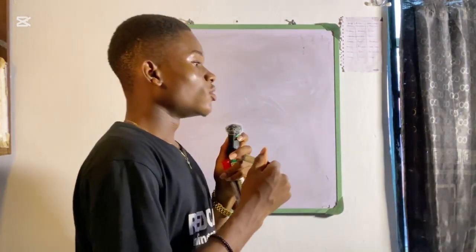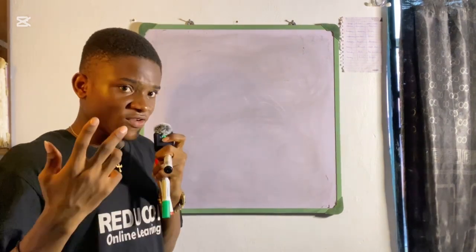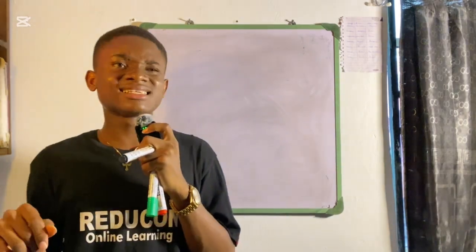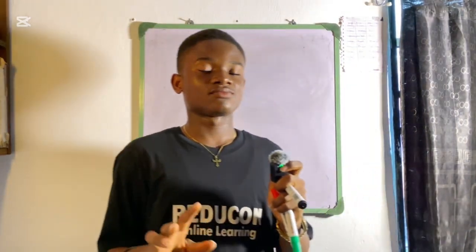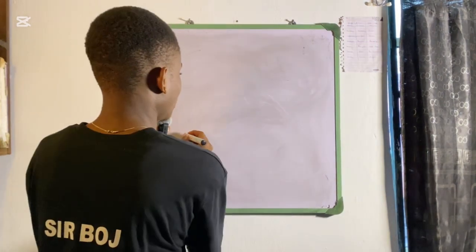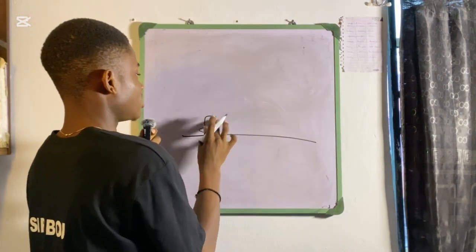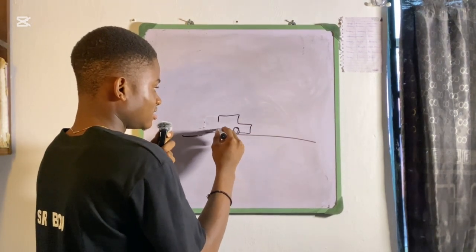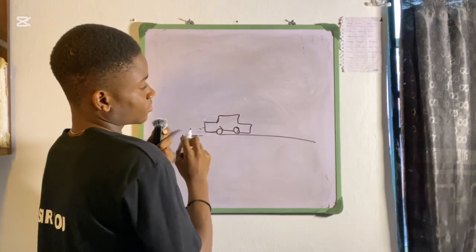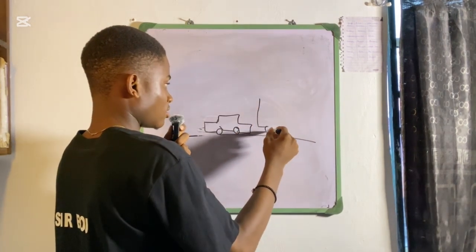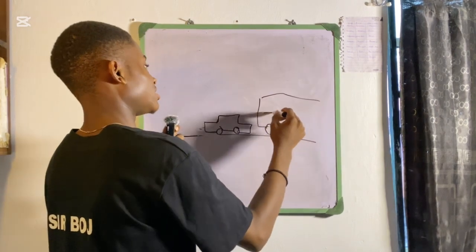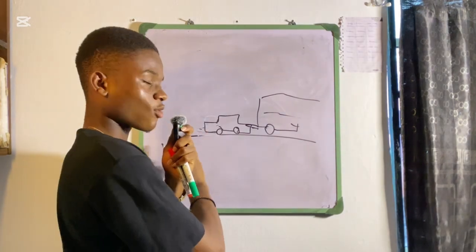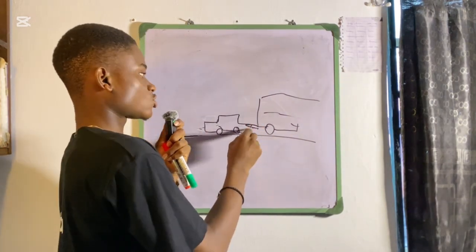All right, so Isaac Newton was just saying that even though it is a moving body, as long as it is moving with a uniform velocity in a straight line, and an external force comes and distorts it, it can stop it. For instance, this is a road and we have a small car. I'm not so good at drawing, so you are going to bear with me. All right, this is another car, and this is a lorry coming. All right, so this lorry hits this car. This particular car was coming with speed and the lorry hits it, so the car stops suddenly.